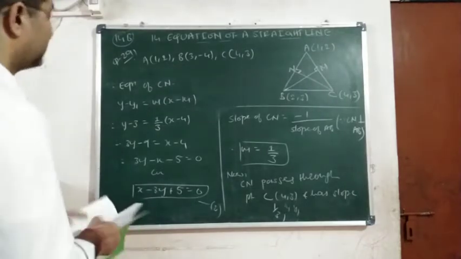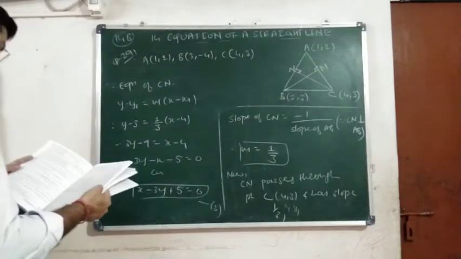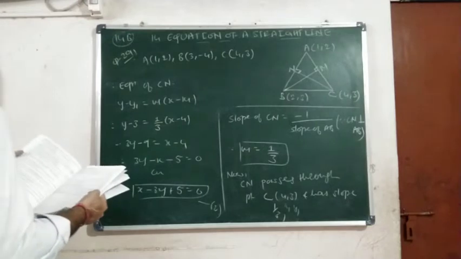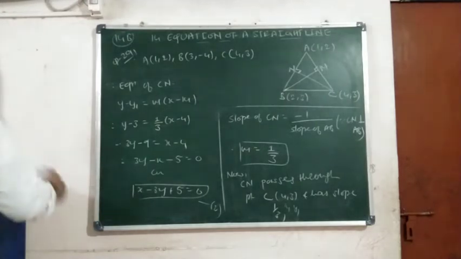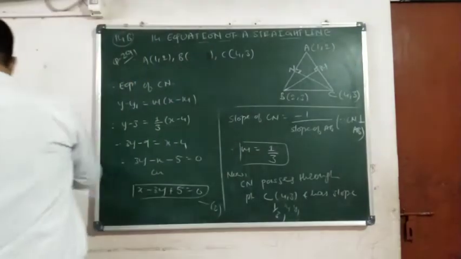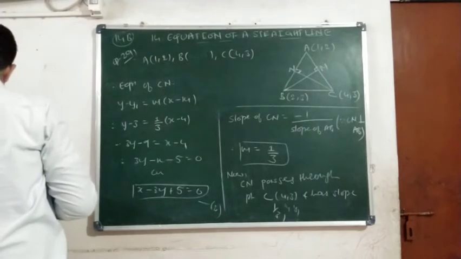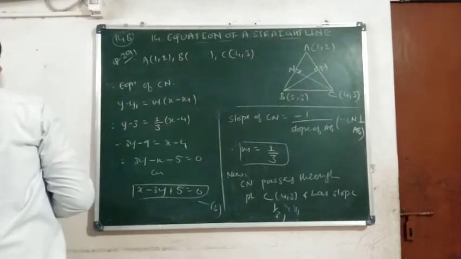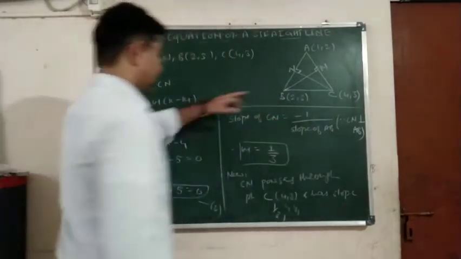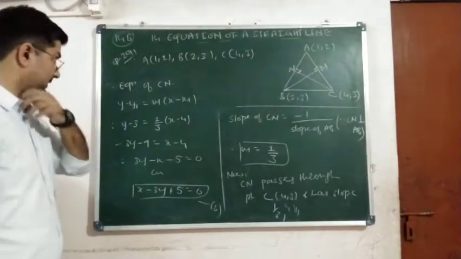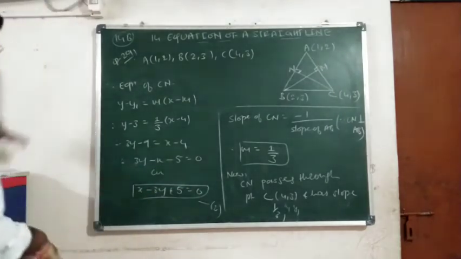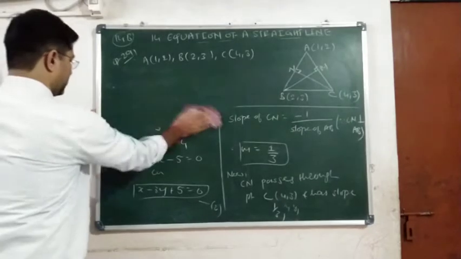Okay, the coordinates of B, I think I have made some mistake over here. 2, 3, 1, 2, 4, 3 is right. Coordinates of B I wrote here wrong, so let us correct this. In the question, coordinates of B are 2, 3 actually. So here we wrote right, but here I was incorrect. So let us again show the calculations. No problem.